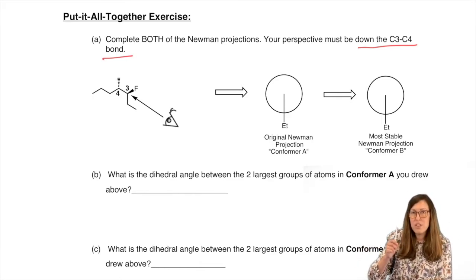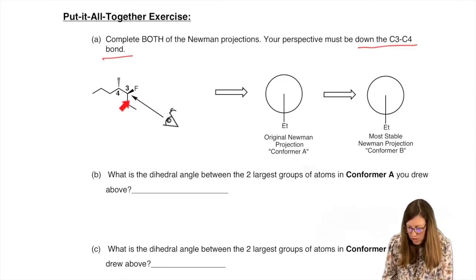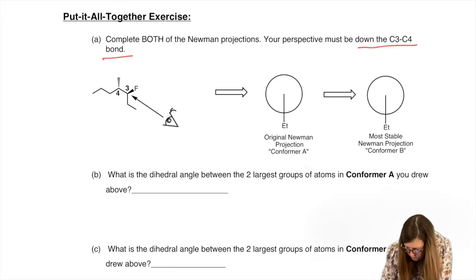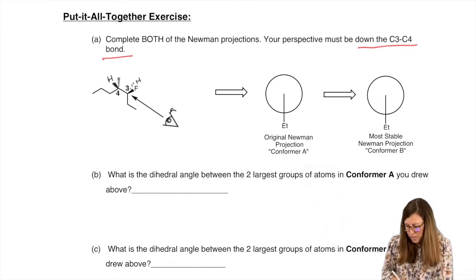Now, first things first, you know you're going to be doing 3D spatial analysis, and not all of the hydrogens are drawn, and those are going to be drawn later. They're going to be drawn on the Newman, so you might as well draw them now. That will make your analysis easier. Okay, so we are going to draw in the hydrogens. Let's do it. All right, so it's going to be a little bit easier if I just put it right here, and then I'm going to draw in the missing hydrogen here. Doesn't that make it a little easier?